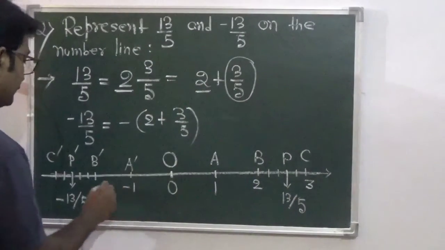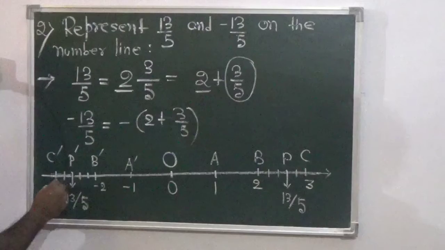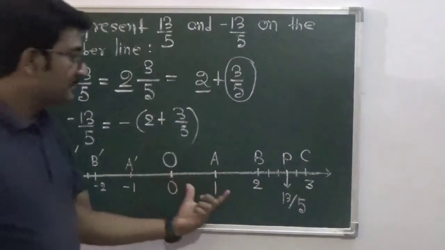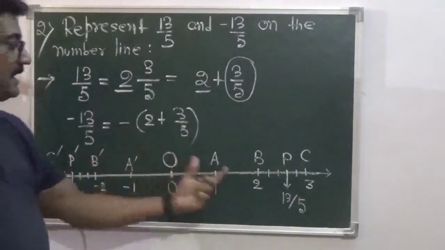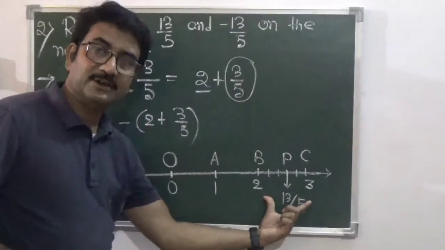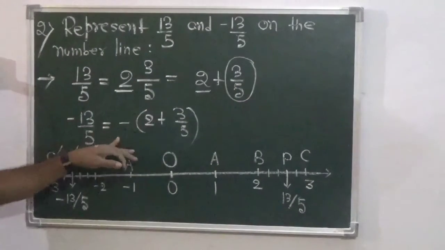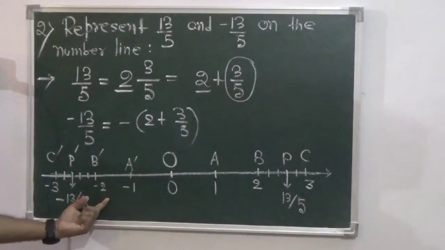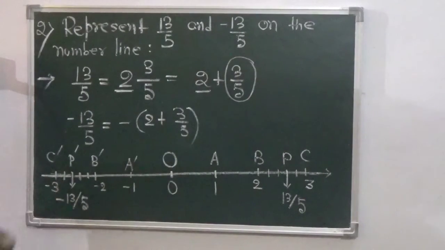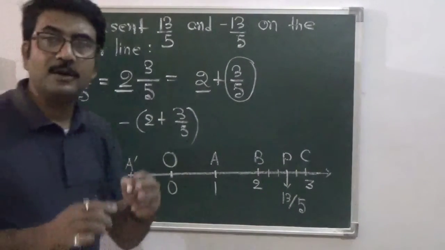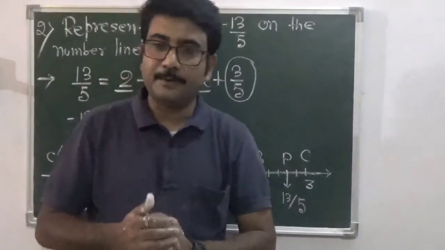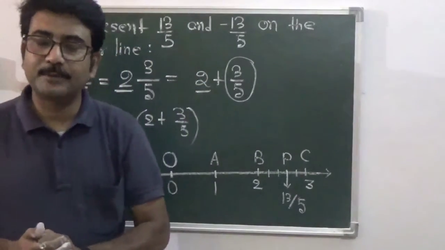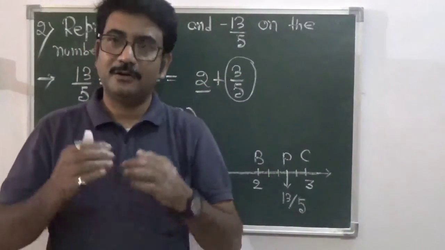This is minus 1, this is minus 2, and this is minus 3. So you can find that 13 by 5 lies between 2 and 3. Similarly, minus 13 by 5 lies between minus 2 and minus 3. So this is how we can plot a proper fraction as well as an improper fraction rational number on the